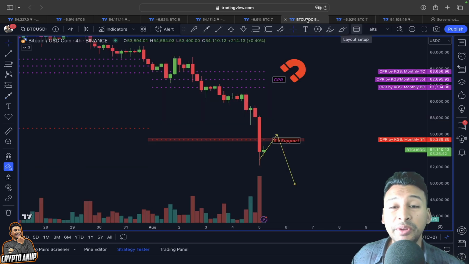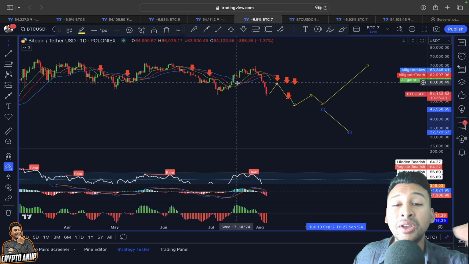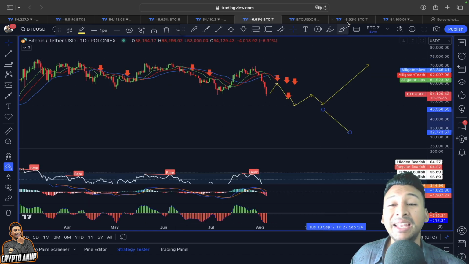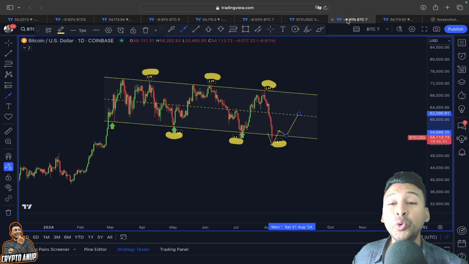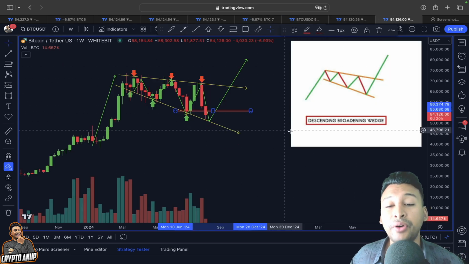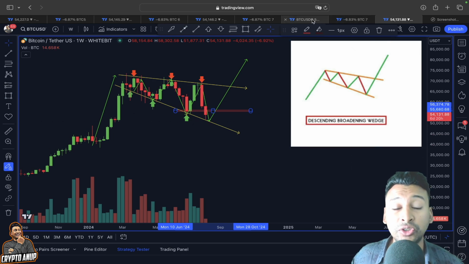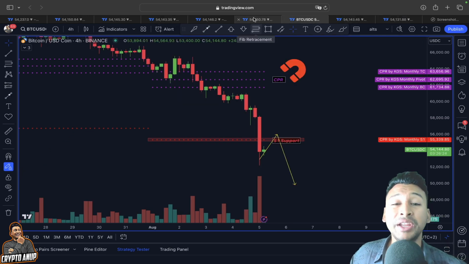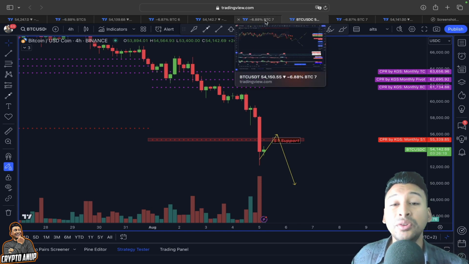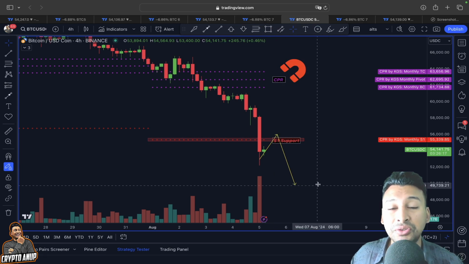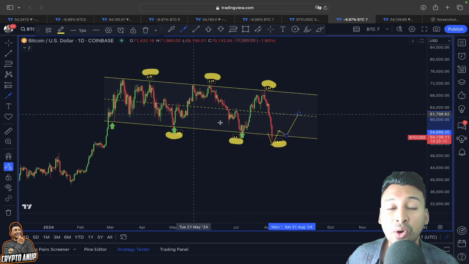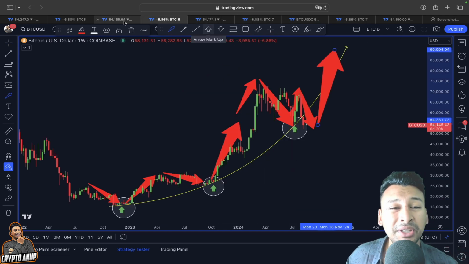So what I'm trying to pinpoint is that the price of Bitcoin must find support above this monthly S1 line, and must break the resistance from this Williams Alligator indicator, because by doing that we will re-enter inside this descending channel, and we will also follow this descending broadening wedge, a bullish continuation pattern, and that will bring the price again above 60,000. So to invalidate this bearish move, to invalidate another continuation to the downside, this key line of resistance must be broken. So these were some of the quick updates that I wanted to share with you in